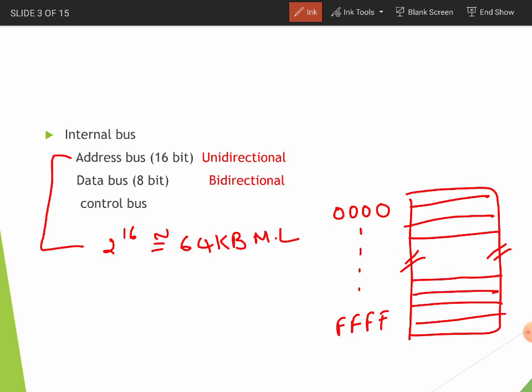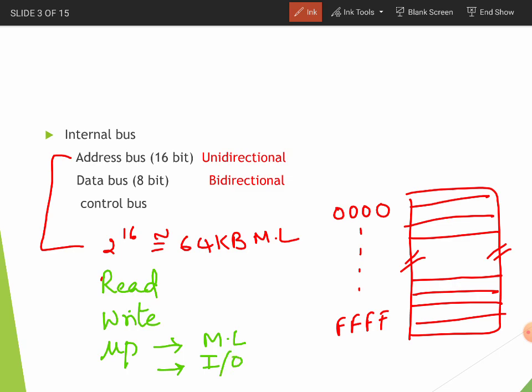And the address bus is unidirectional. Why is it unidirectional? Whether it is a read operation or a write operation, usually it may be a memory read operation or IO read operation, memory write operation or IO write operation. In both cases, the microprocessor identifies which memory location it has to read or write from, or which IO device it has to read or write from.